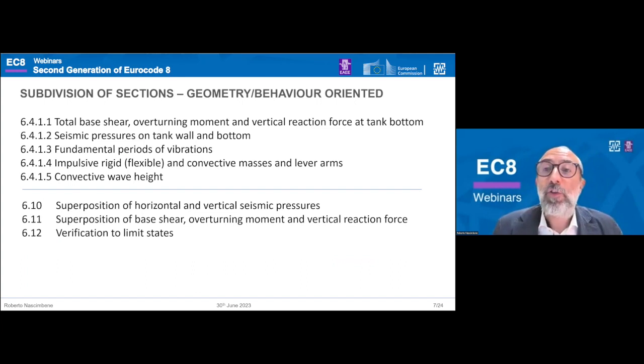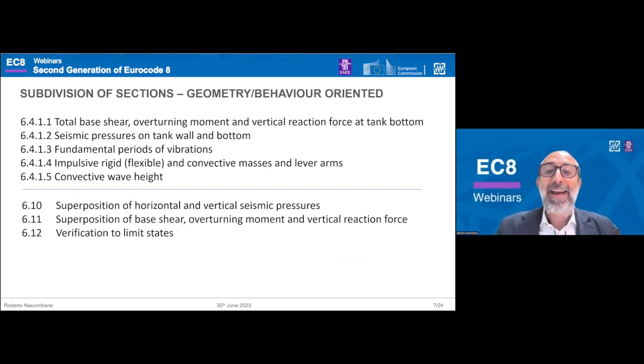The first one is on force, because at the beginning of the design process, we need simple rules for the evaluation of the maximum force, then pressure, if we want to know exactly along the wall or along the base, bottom of the tank, the distribution of the pressure, then period of vibration with or without soil structure interaction,